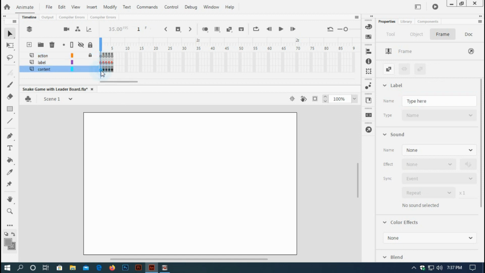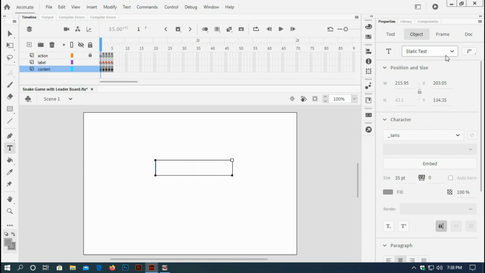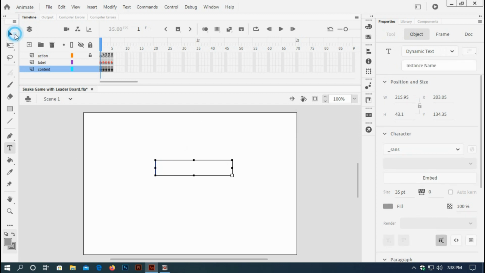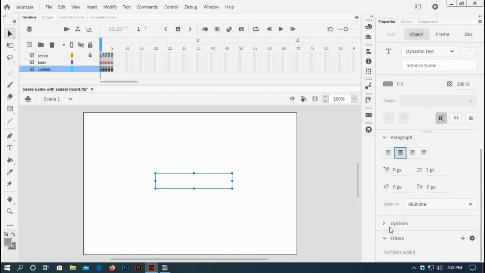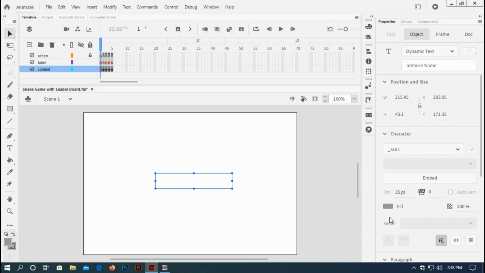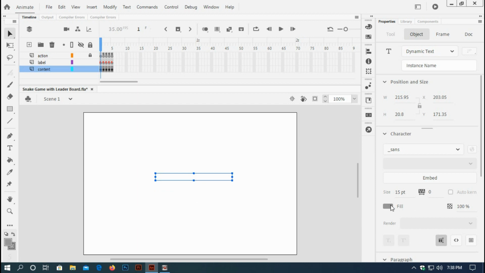and I'll take the text tool and drag to have a text field, and this should be dynamic text. It is done, and I will change the alignment to center, and I'll also change the font size from 35 to 15, a little bit smaller, and I will change the color to black, and I will align it in center, and then I will give it an instance name, which is loading underscore txt,